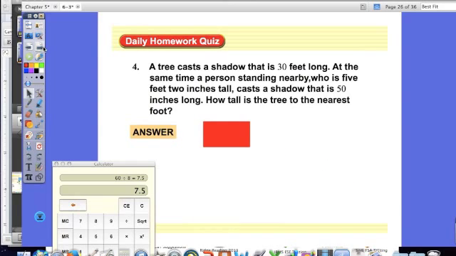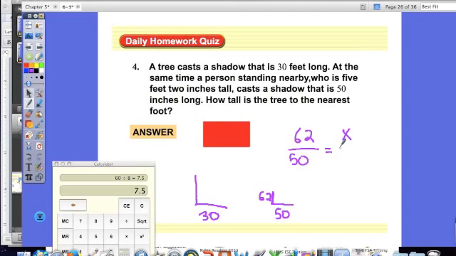Problem 4, a tree casts a shadow. It's the tree, that's the shadow, is 30 feet long. At the same time, a person standing nearby who is 5 feet 2 inches tall, so that's 62 inches tall, casts a shadow that is 50 inches long. So I'm going to set that up. You can set this up a number of different ways, 62 over 50. Since I have over here the height of the person, I'm going to put x, the height of the tree, over 30. So 50x